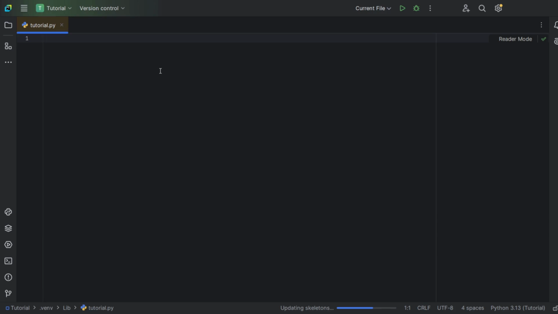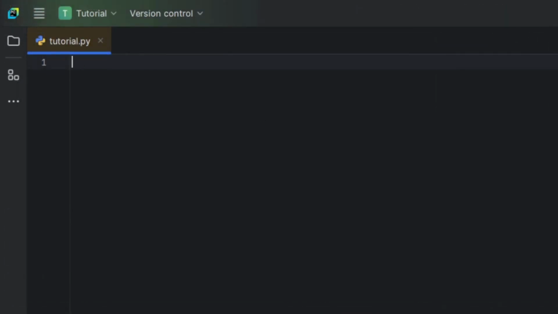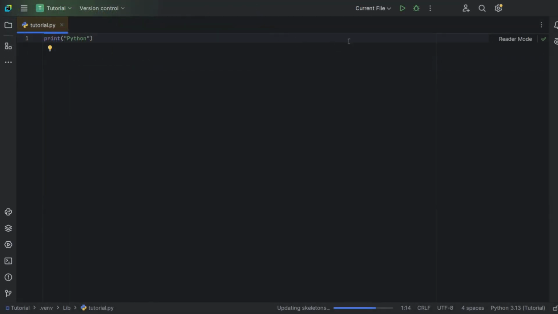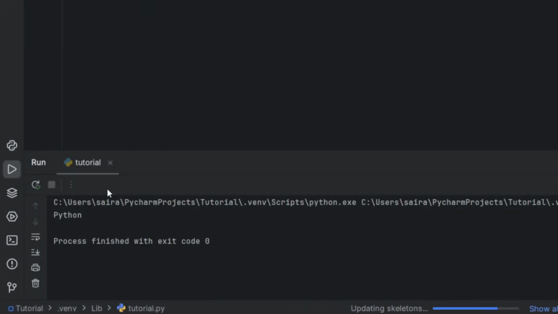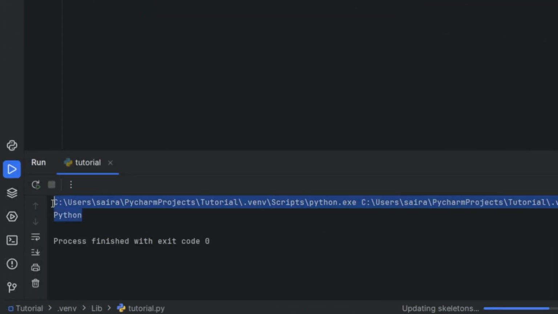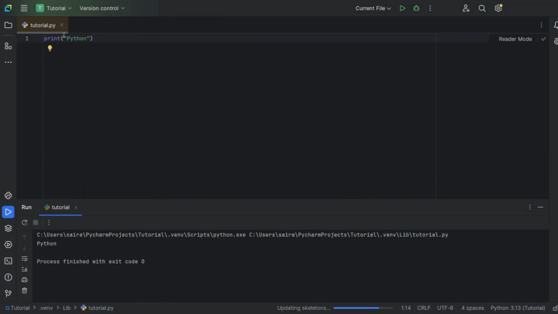So our first program is going to be print, P-R-I-N-T, brackets, quotes, and you can choose what you want to write in here. For now, we will take Python. Do you have any guesses on what it's going to run? Well, let's find out. Run. And we can see Python in the output section. So the print function basically printed whatever's in those brackets into the output.